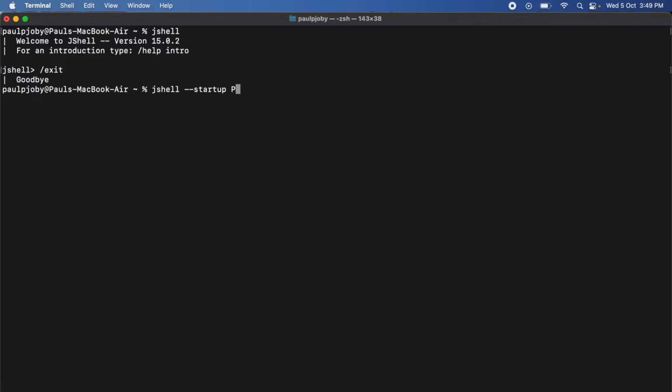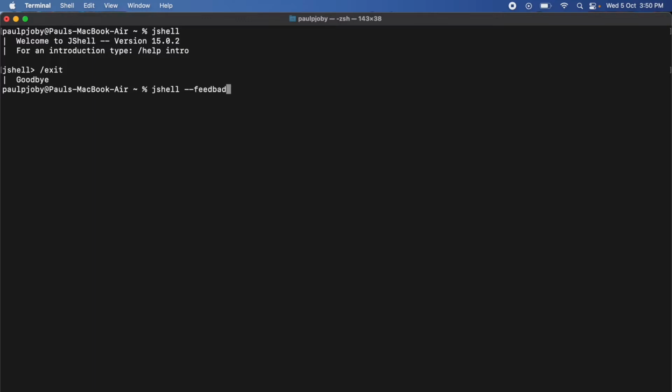Either it takes printing, or it can also take the value JAVASE, which will import all the default packages that are included in Java Standard Edition by default, so we don't have to do any explicit imports. And also you can just leave it to default or just don't specify anything. That will actually be the plain old one, the default one. We will have to import things by ourselves. Okay, so I'll just start with